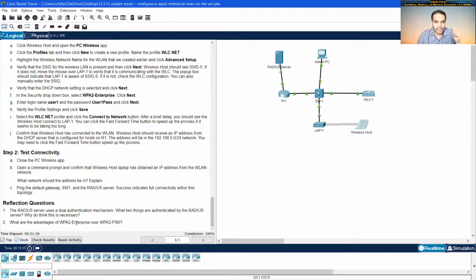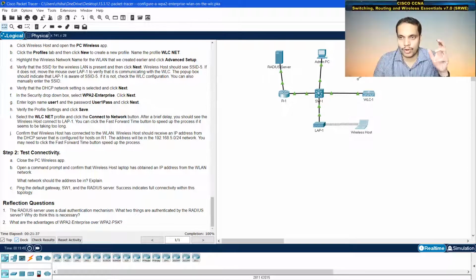The next question, what are the advantages of WPA2 Enterprise over WPA2 PSK? There are lots of advantages for using WPA2 Enterprise when you are talking about a large network. WPA2 PSK does not give you full control over the users and their passwords. There is only one password, literally, and addition and deletion of users is difficult. When you want to change the password, everybody has to be notified.